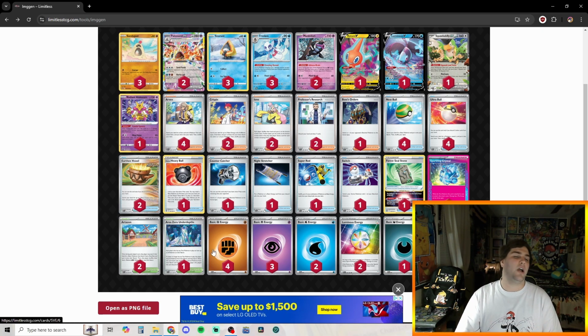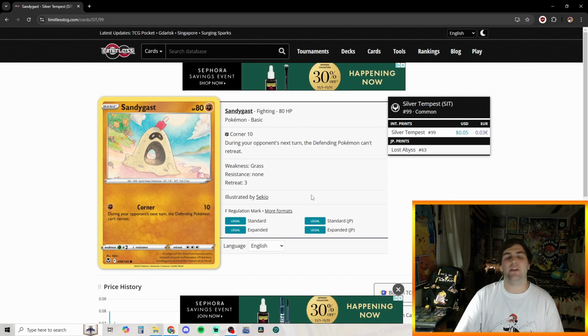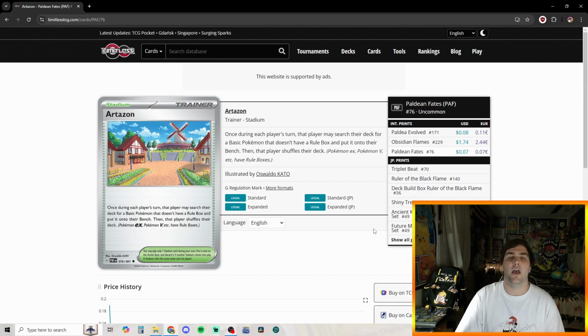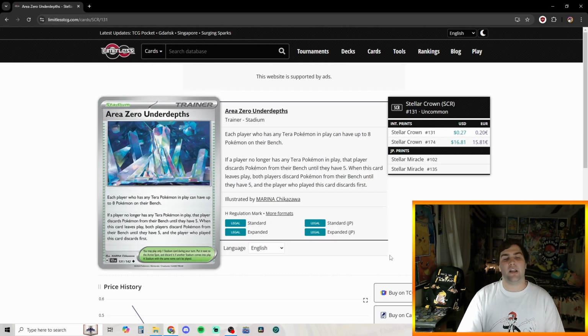And the last thing I want to talk about here is our 2 stadiums. So we can't play Buddy-Buddy Poffin because Sandygast has an HP of 80, and there isn't a Sandygast in the standard format that has 70 HP. So we had to play 4 Nest Ball, 4 Ultra Ball. So we're going to play 2 Artazon so we can hopefully search out that Sandygast and stuff that we need pretty quickly. And then Area Zero Underdepths,